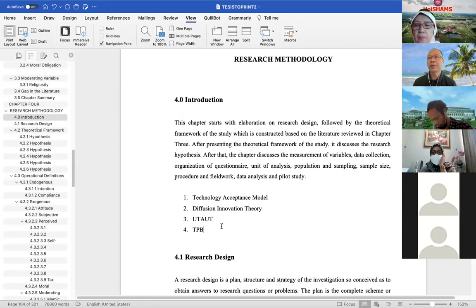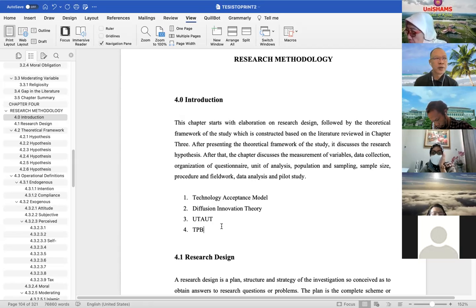For example, you want to use attitude, and other people have used attitude. There's nothing wrong with that, but the whole theoretical framework that you develop must be different,